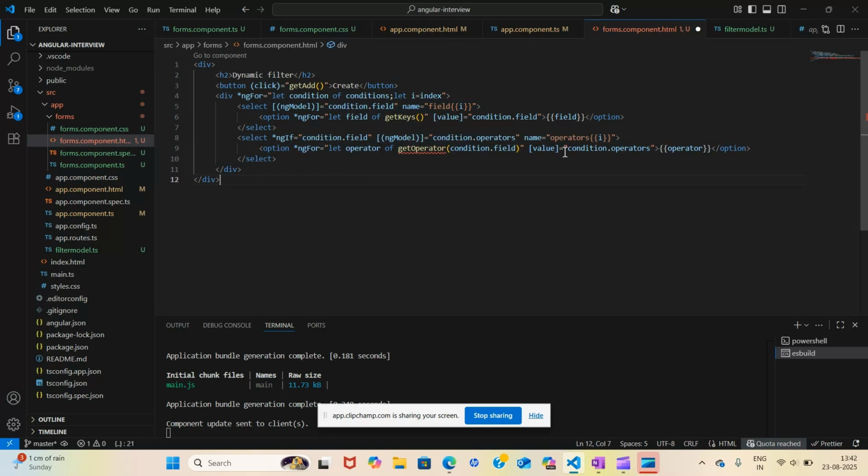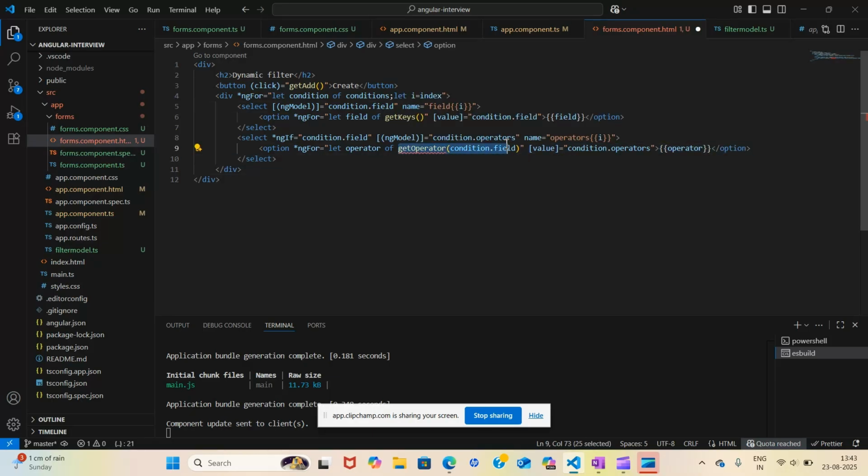But now we have to add this ngIf condition for conditionally rendering this select drop down, so that when a field is selected, only then this operator drop down should appear. And this operator drop down will have different operators depending on which field is chosen, right?